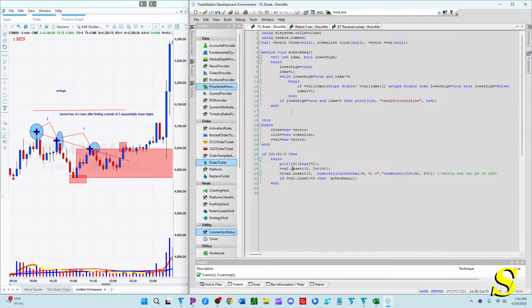So lower high is equal to true, IDX of A, while lower high is equal to true and IDX of A is less than or equal to 2. Begin. If vval of IDX of A